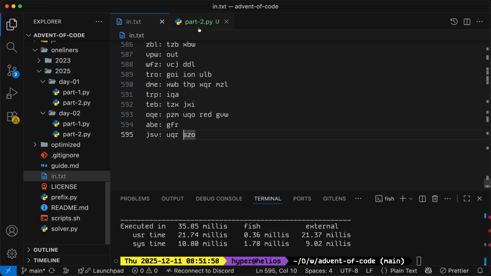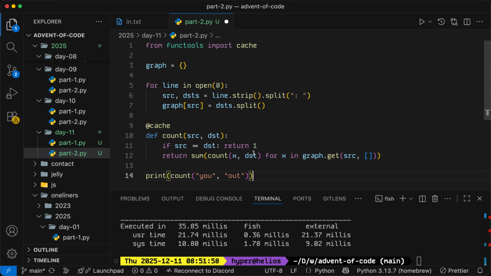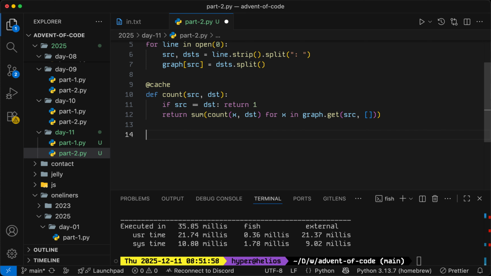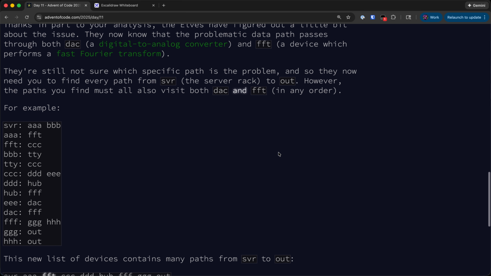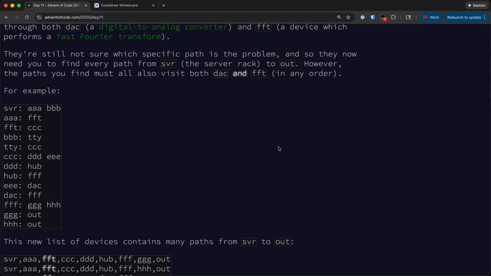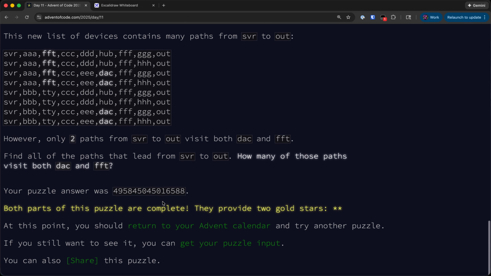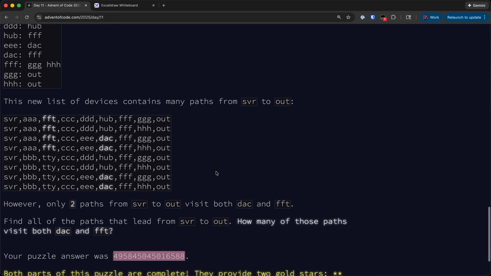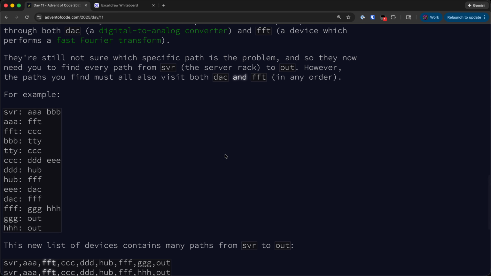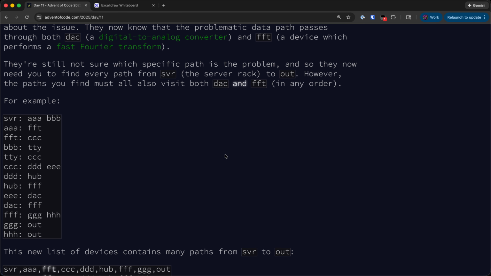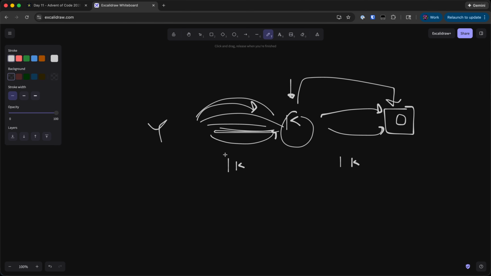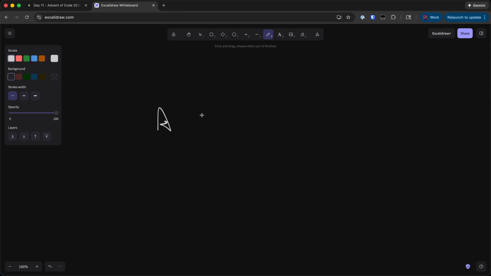Okay, so we can keep our input processing. We can actually keep everything except the last line. And in order to go from SVR to out, passing through DAC and FFT, we could enumerate every path from SVR to out and then filter through them. But you may notice that there is a somewhat large number of paths, and we can't exactly iterate through all of them. One observation we can make is that the number of paths from A to B to C is